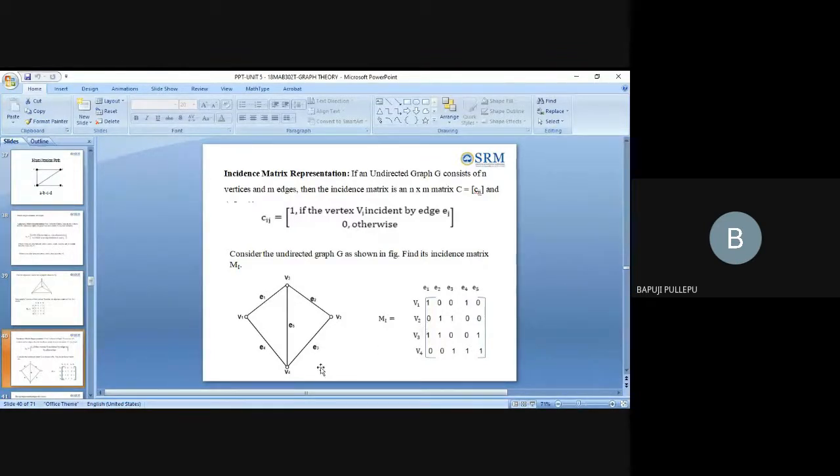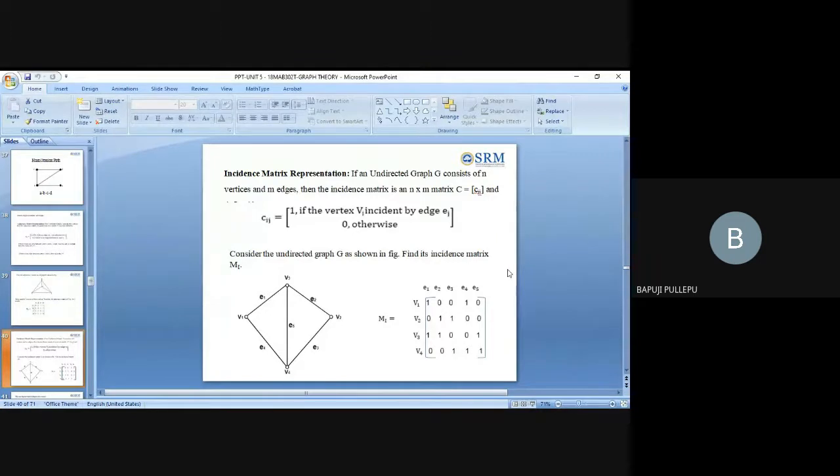Then V2, how is it connected? V2 is connected with V3, then V4. So V2, V3, V4 means here you will get 1, 1. V3 is connected to what? V1, V2. Then for V1, V2 these two places you will get 1, 1. Remaining all are 0. That is the adjacency matrix. Then V4, how will you write? Here also 4 only you will get, 1, 2, 3, not 5 actually. V4 is connected to V1, V2. So 1, 2 only, remaining zeros.